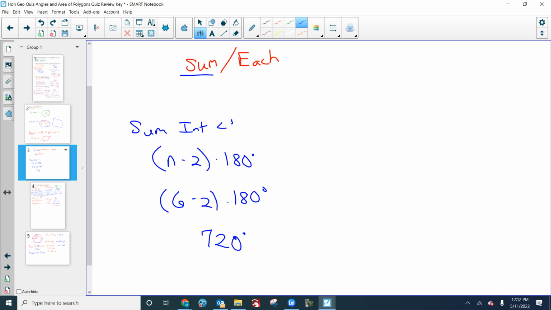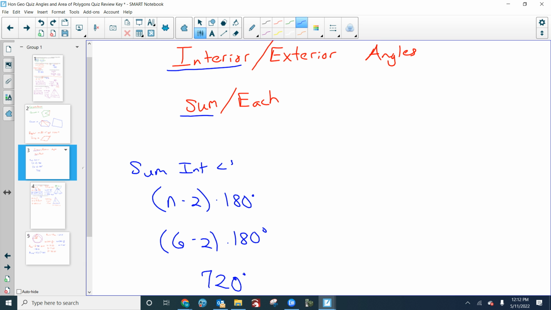Let's do another one. I'm going to get rid of these now. Find each interior angle of a convex hexagon. So now you have to be careful because you might want to always use this formula, but you might have to do a little bit more work. If they want each one, how many angles are there in a hexagon? 6. So if you can find the sum,